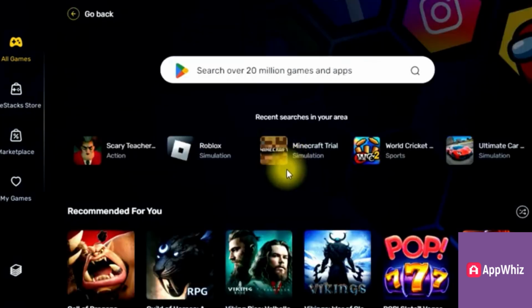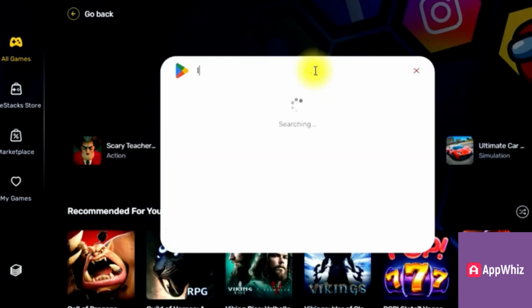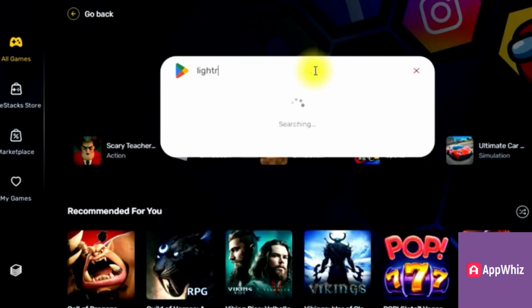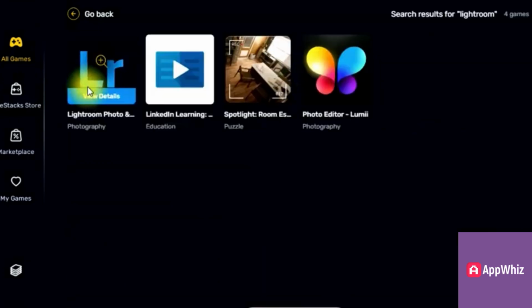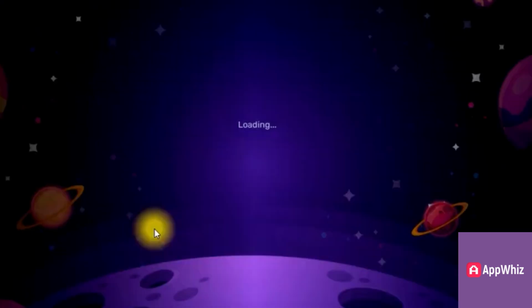The next step is to sign into your Gmail account. If you have not already, once the sign in process is complete, use the search option in the Play Store and type Lightroom in the search bar. You will see that Lightroom is now installing, and once the installation process is finished, you can start using Lightroom